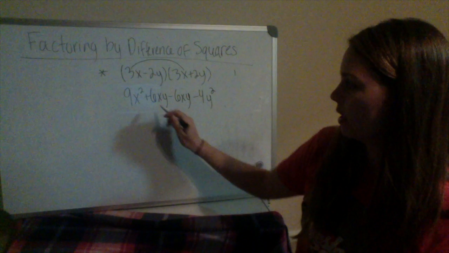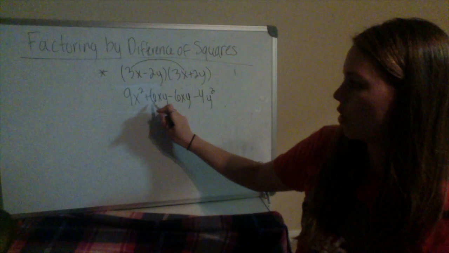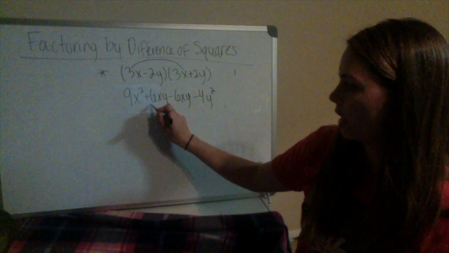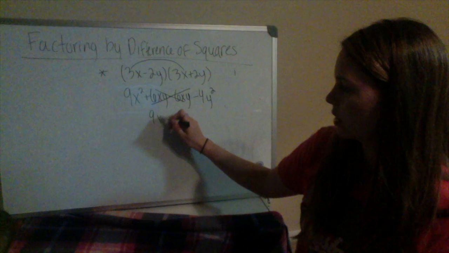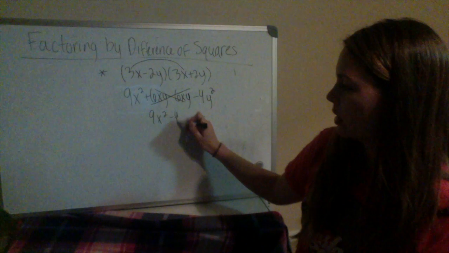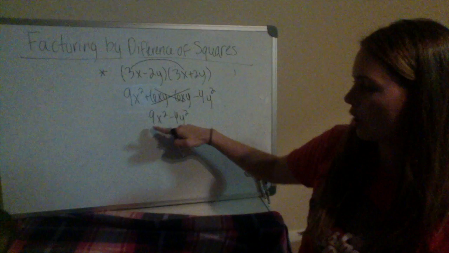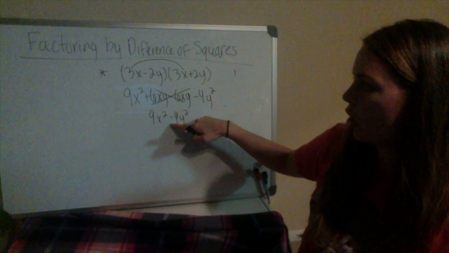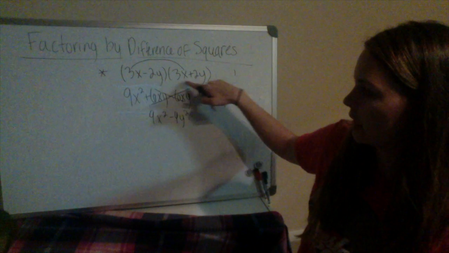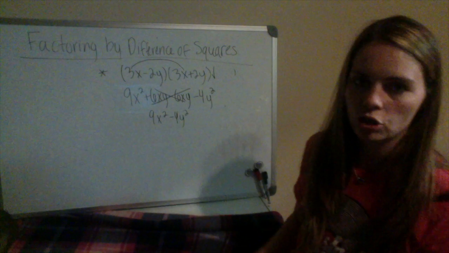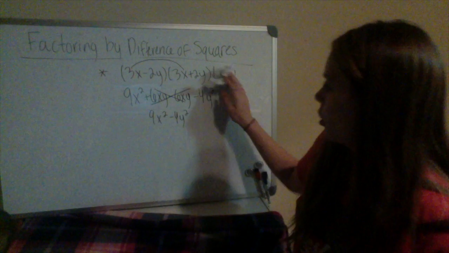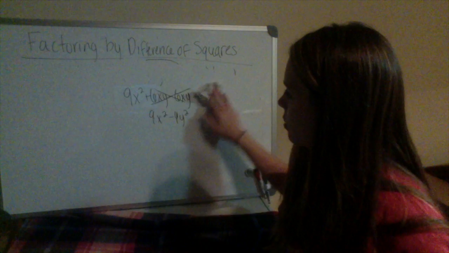Now you'll notice, in difference of squares, this should always happen if you check it fully. The inside becomes 0, and you are left with this right here. So we will be looking at questions that start out like this, and we're going to have to go all the way to the factored form. And if you want to check it, I showed you, you can distribute. So, going into what the formula is for difference of squares,